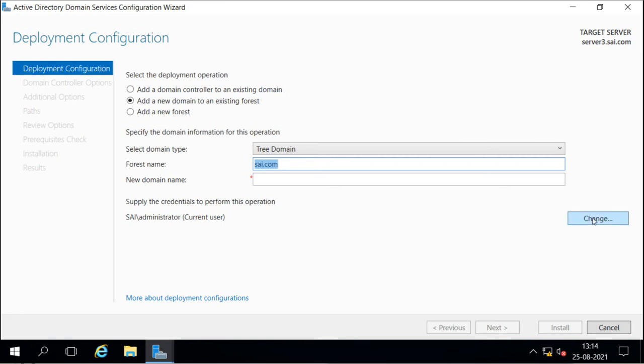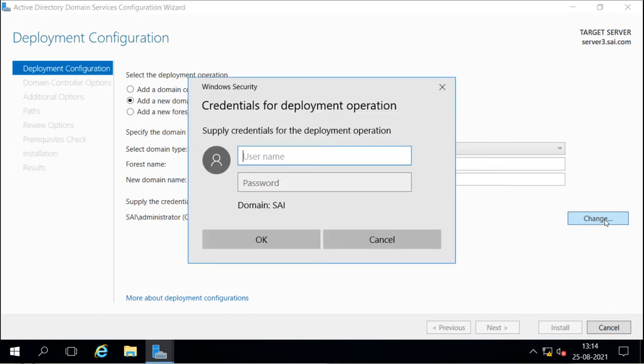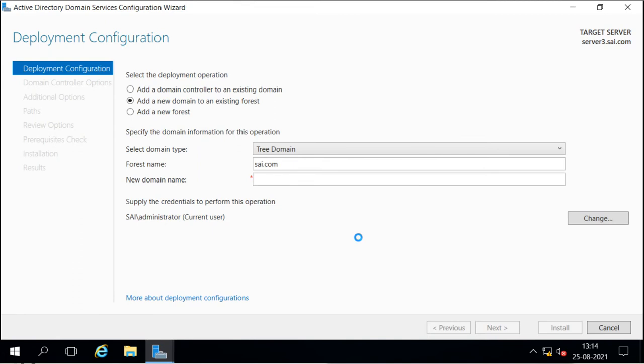Right now we have already logged in as a domain administrator, the root domain's administrator, so it is showing me all this information, the forest name and domain names. If it is not showing, then you have to log in first. You just select change here, and then log in as a domain administrator. And then you can see the names of the domains here, the tree domain, the child domain, the root domain name.